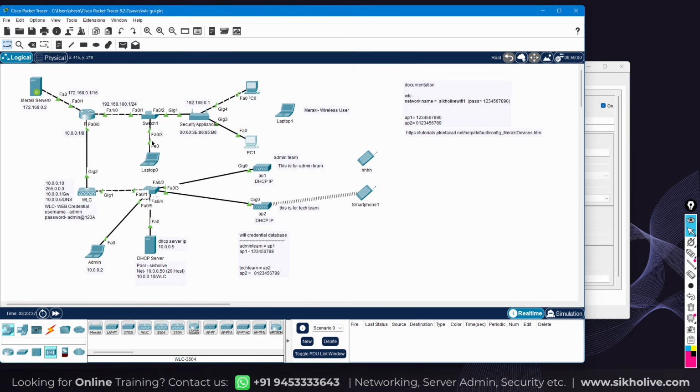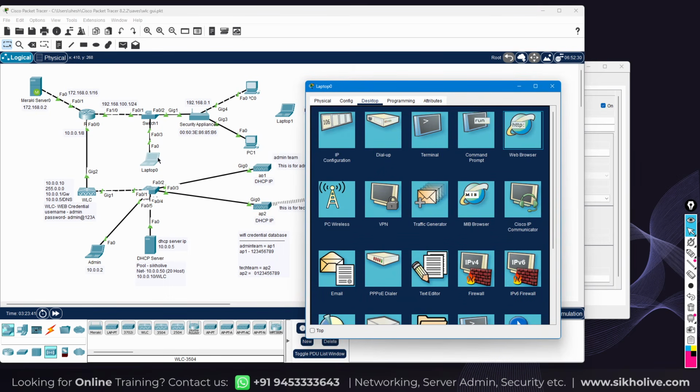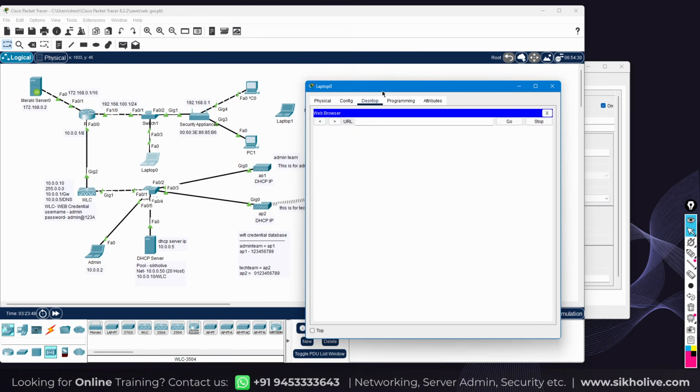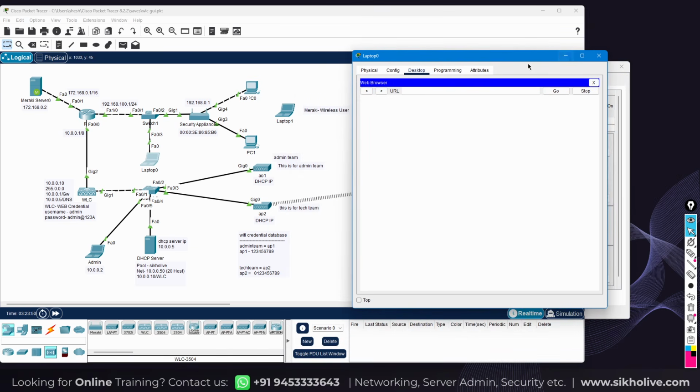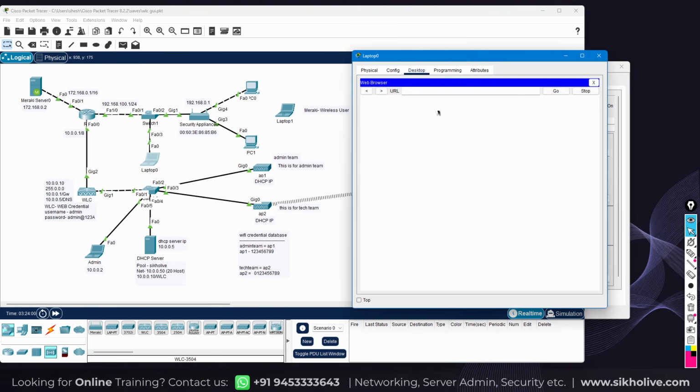Okay, so what is the process? Let me access this Meraki server. I'm going to access the Meraki server with the help of this laptop. This is the second admin PC, or you can access from this device. Okay, no worry. You can just remove this device, I think this is the extra device over the network. You can configure everything with the help of this admin PC. But right now let me access